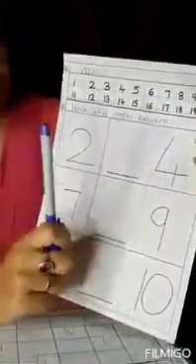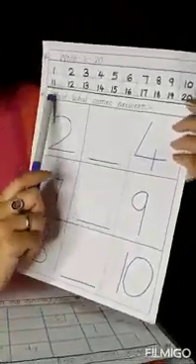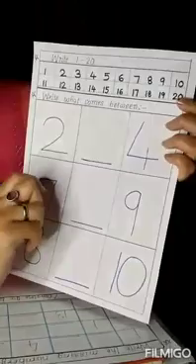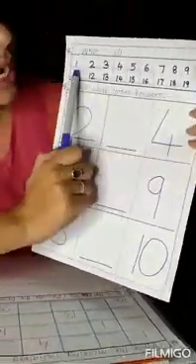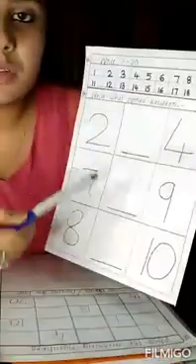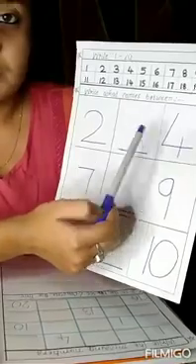Now next one is, make them write down 1 to 20. Once, twice, thrice. Okay. Now next one is write what comes between. Here again I have given this thing over here so that if they are having any problem or confusion, they can recall it from here and they can write it down here.